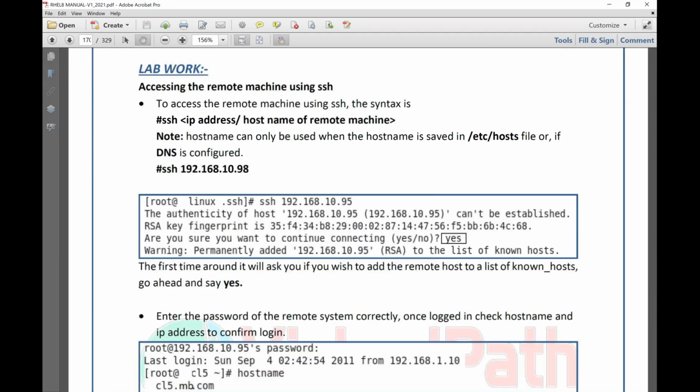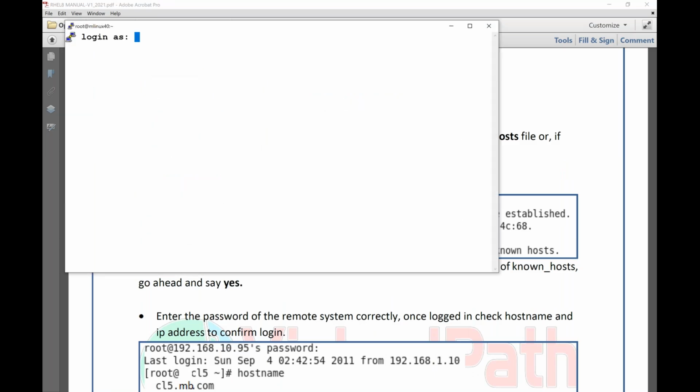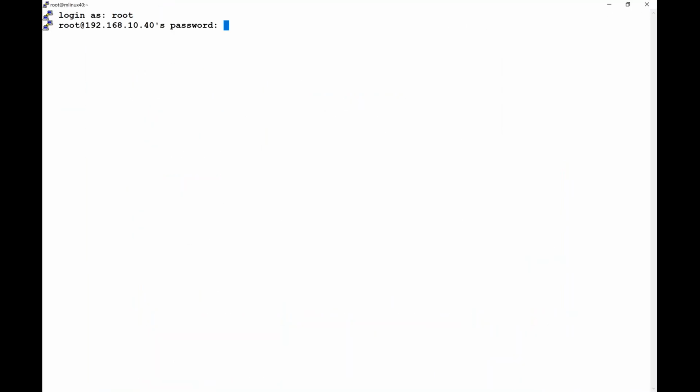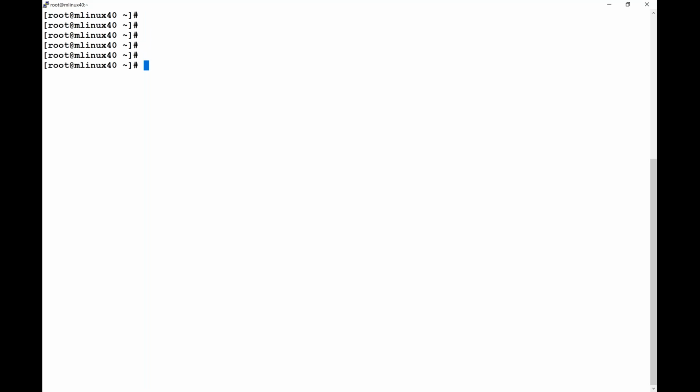in SSH. Let me log in to the 40 machine first of all. Now being on the 40 machine, I'm going to communicate with the 50 machine. So I'll say first of all ping 192.168.10.50 and you see it is reachable, right? Now let me try to communicate. From 40, I want to connect to 50. So I'll say ssh